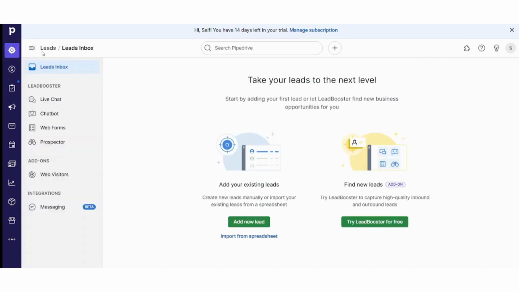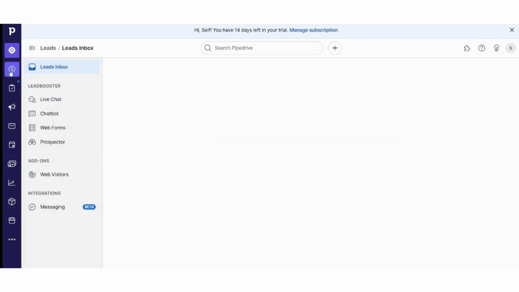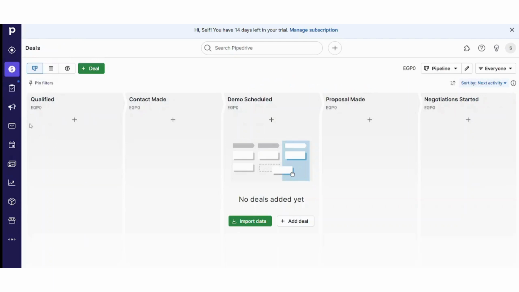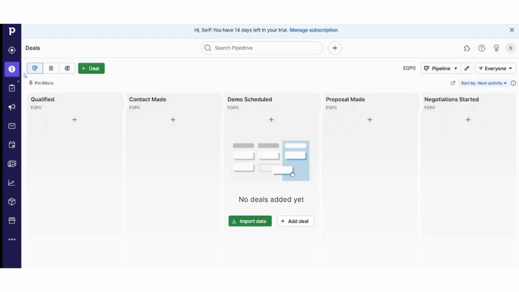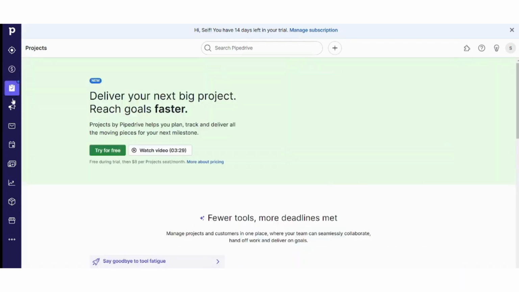Here you can access your leads. In leads 1, you can add a new lead, you can start live chat, you can message your leads. And in leads 2, this provides a summary for your leads and the cost related to them. Here you can access your projects,